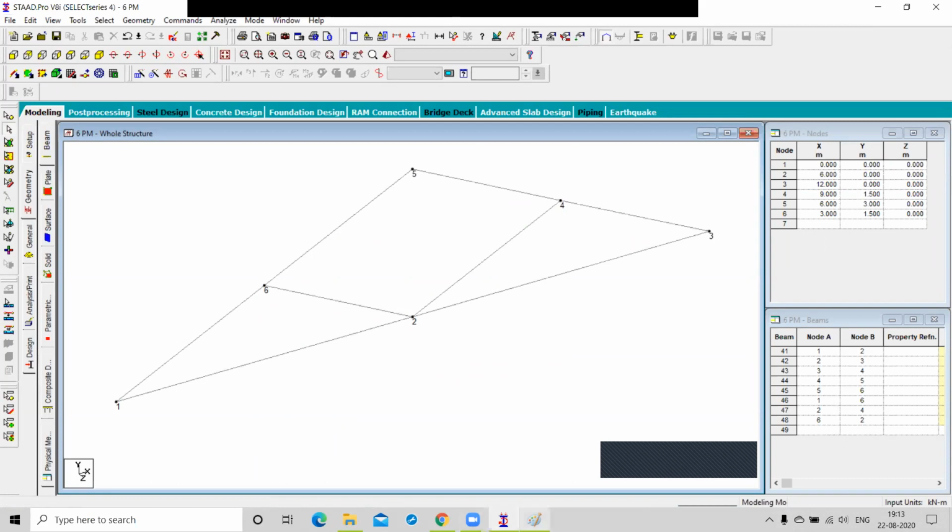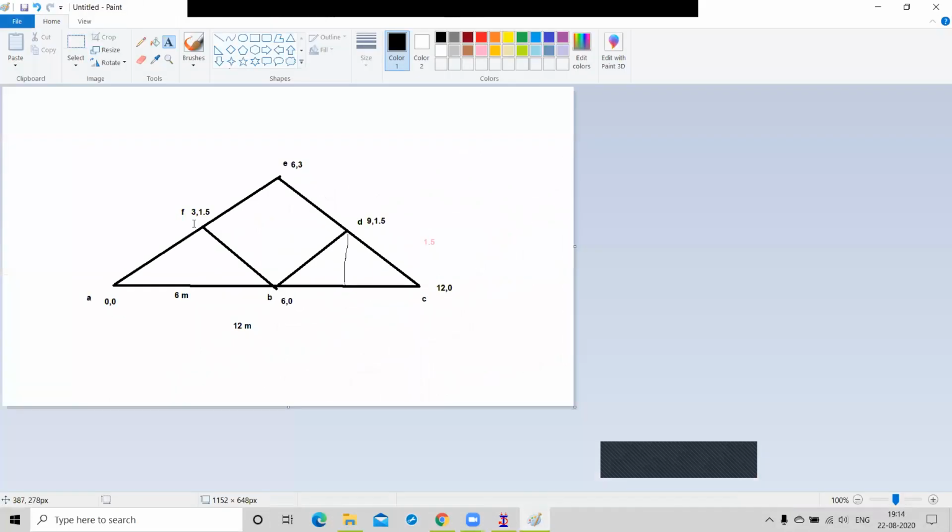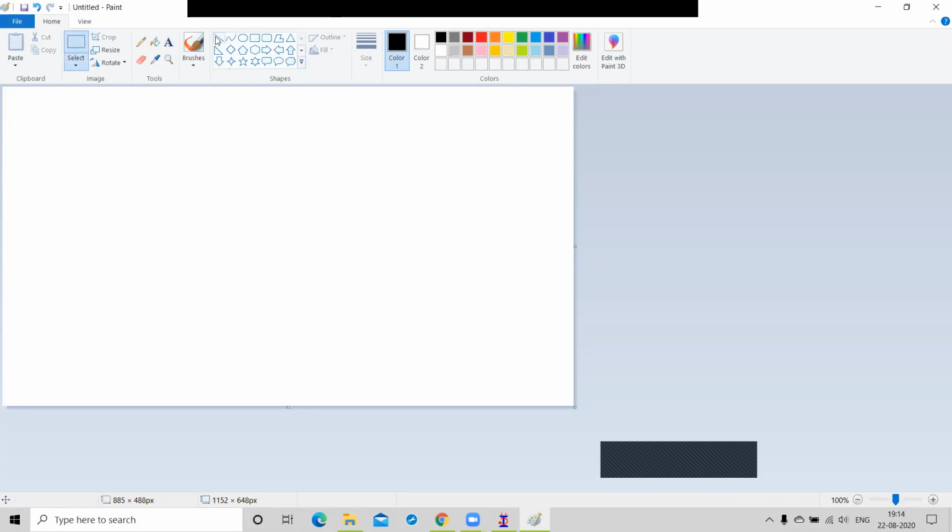Now you have a homework to draw this figure again with the coordinate method. And the second homework, this one.